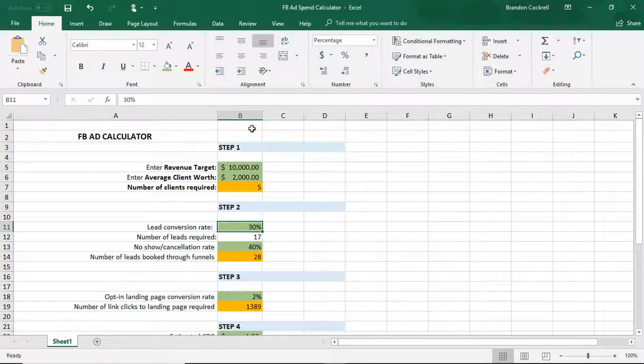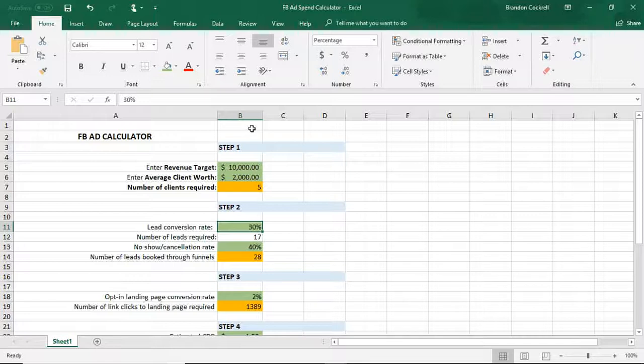Now, one thing to keep in mind, if you currently are getting business strictly from referrals, and you think that your closing percentage is 80 or 90% because you're getting referrals, I'm telling you that's going to change when you're running Facebook because it's going to be colder traffic, which means you're going to have to sell a lot more, which is going to drop your sales conversion rate. So keep that in mind. So maybe just keep it right at 30%, maybe lower it just to be more conservative,